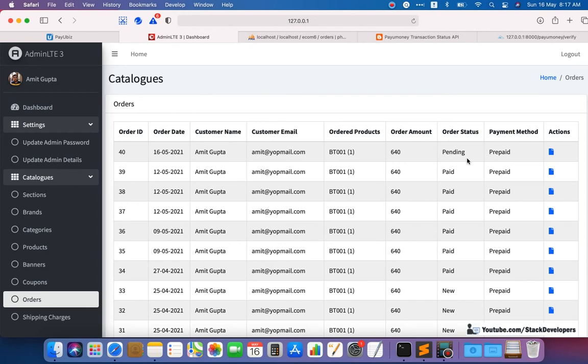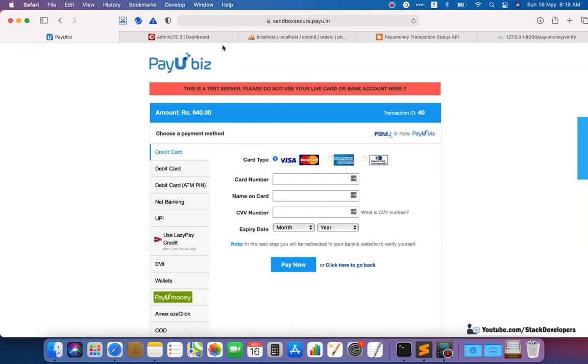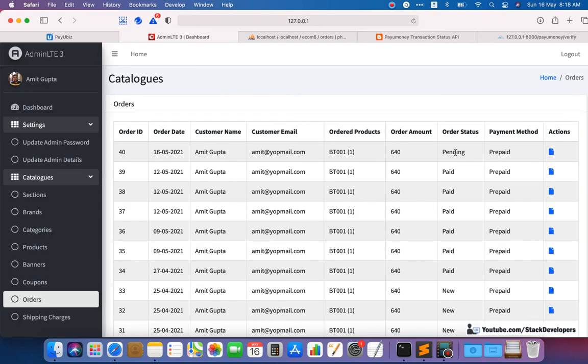Okay, because the user has not made the payment, so not converted the status so far, so its status is pending. Once the user made the payment from PayUmoney, then we are going to update the status from pending to paid. Okay, so we are going to show the status as pending initially, and with the help of API we are going to check for its status from time to time.